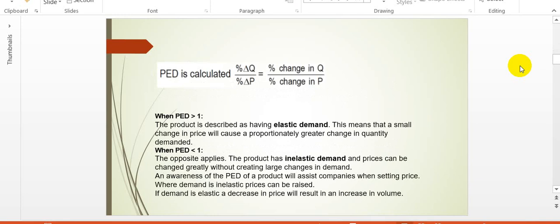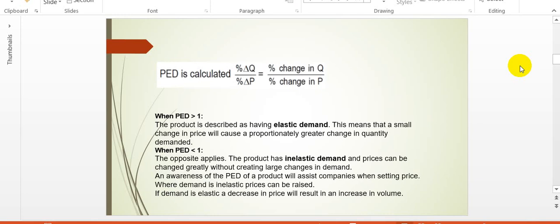The formula that we use to calculate the price elasticity of demand is given as follows. It's the percentage change in quantity demanded divided by the percentage change in price. When the PED that you calculate is greater than 1, it means that the product has elastic demand, which means that a small change in price will cause a proportionately greater change in quantity,